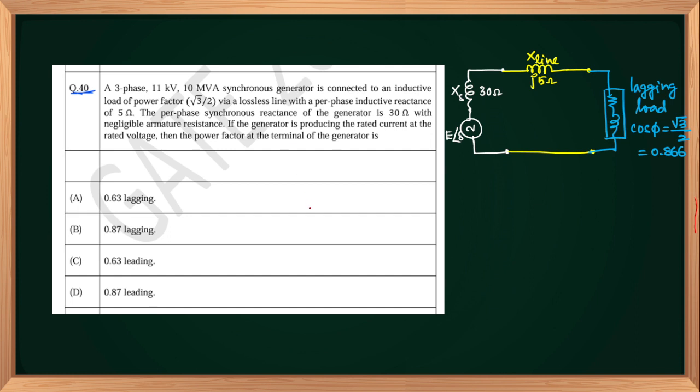And the next one. A three-phase 11 kV 10 MVA synchronous generator is connected to an inductive load of power factor 0.866 via a lossless line with per phase inductive reactance of 5 ohms. The per phase synchronous reactance of the generator is 30 ohms with negligible armature resistance. If the generator is producing the rated current at the rated voltage, then the power factor at the terminal of the generator is. So if you see the diagram according to the question I have taken,